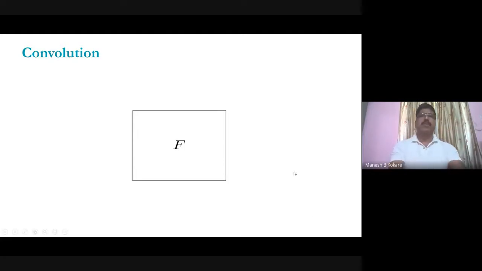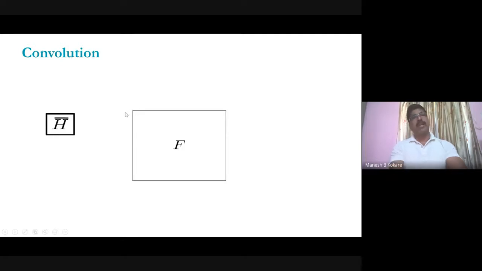Now, suppose, for example, you have this original image F, and then you are convolving that with filter H. Now, you know that you have to flip this filter horizontally and vertically. So this flipping is done horizontally and vertically, right? Now, after that, what happens? You have to keep the center of this filter or kernel on the pixel under consideration. So for example, if you are considering the first pixel of this image, if you keep the center there, some of the portion of the filter will be outside this image, and so on.